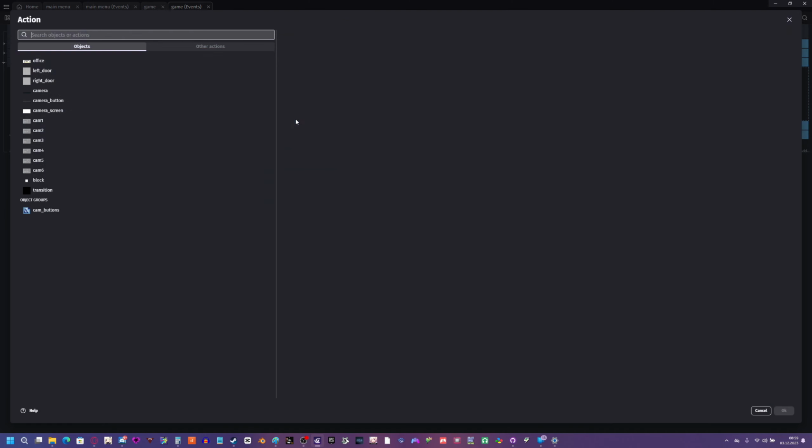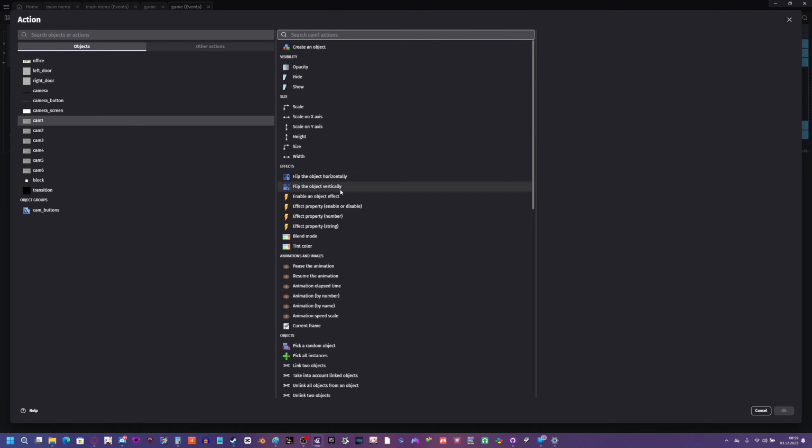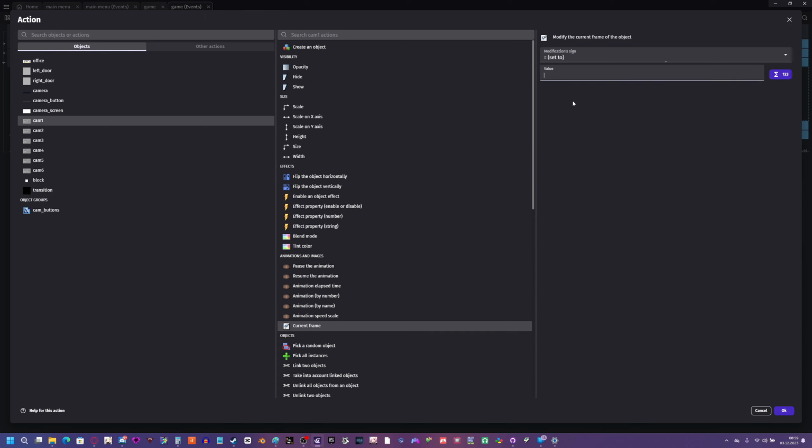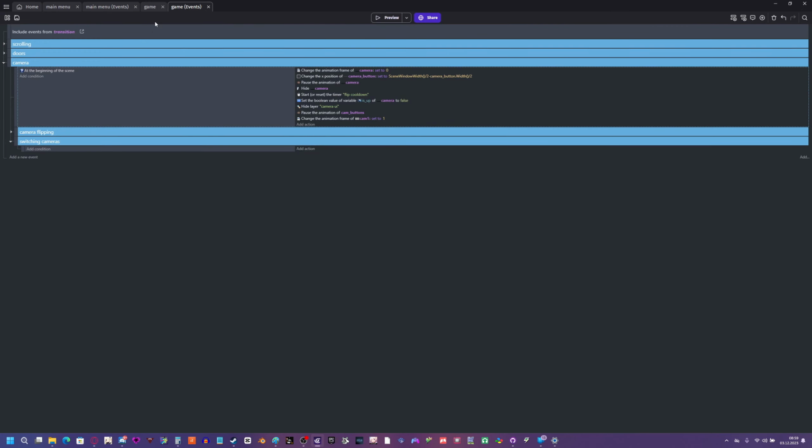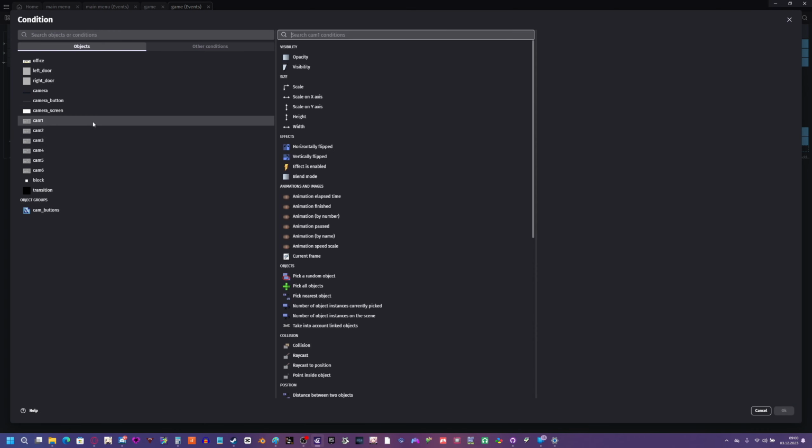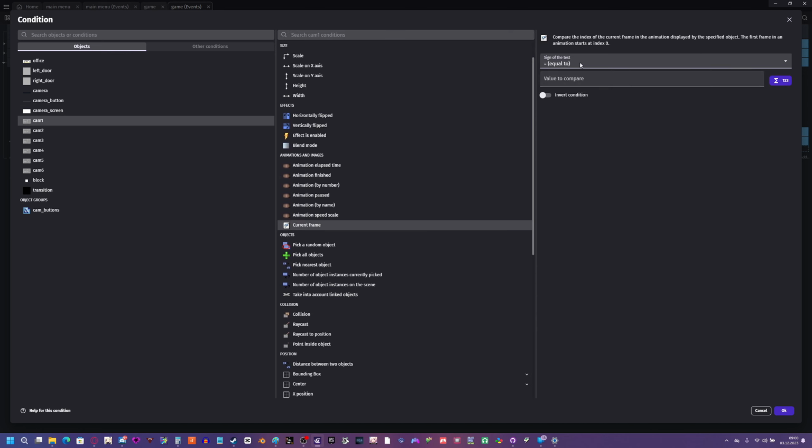I'm gonna add action. Count 1. Current frame. I'm gonna set that to 1, so it's the second frame because all animations in GDevelop start on frame 0. I'm gonna add a condition, and on cam 1, if the current frame is 1,